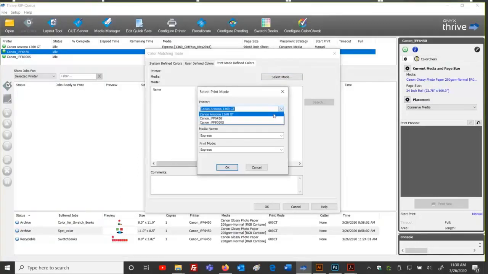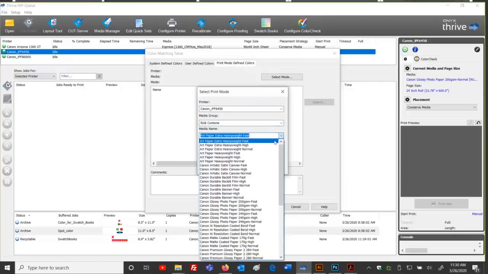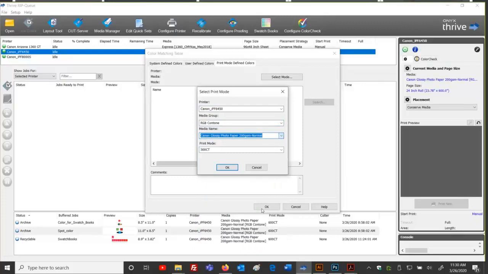You must pick the proper printer, the proper group, the proper media profile, the proper mode. Is that the right one? Canon Glossy Photo Paper 200 GSM normal, yeah. So we must pick this proper setup. Whatever I printed on is exactly what I want to add the recipe to, because that swatch book print was validated or qualified on that media, on that printer, to that mode.